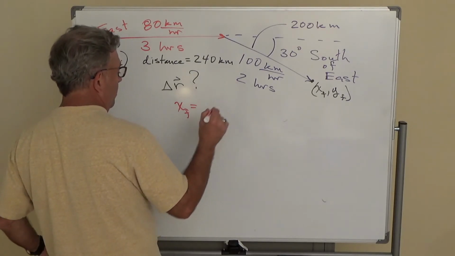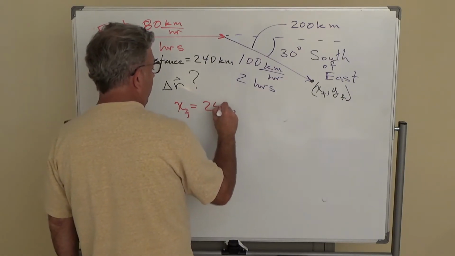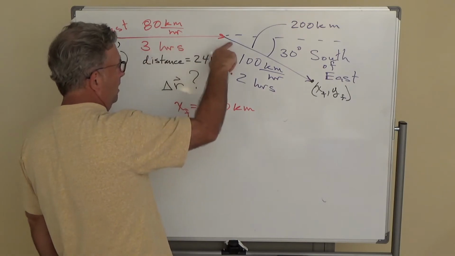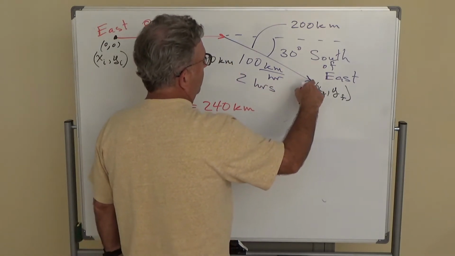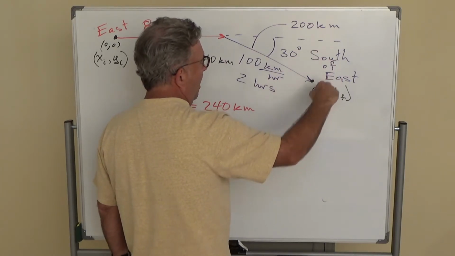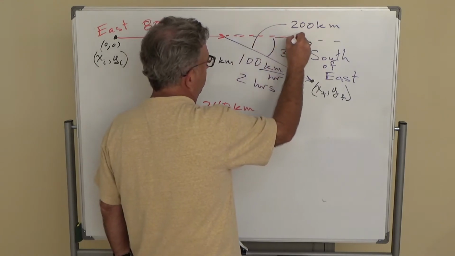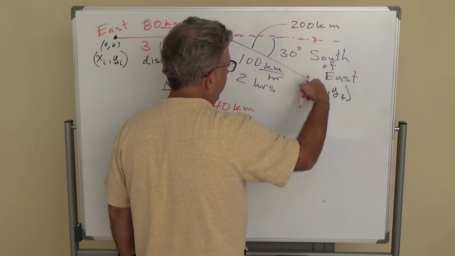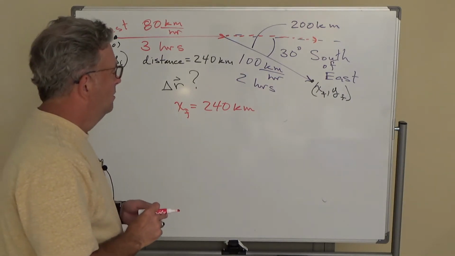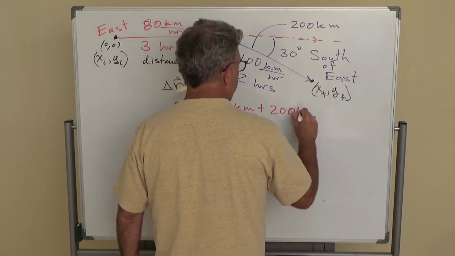I'm doing it this way, but X final is equal to, well, I went 240 kilometers in that direction. That was east. Now, 200 kilometers, 30 degrees south of east. So I want this little bit of distance to figure out what X final is. So that's plus 200 kilometers